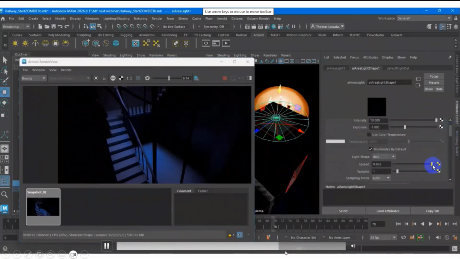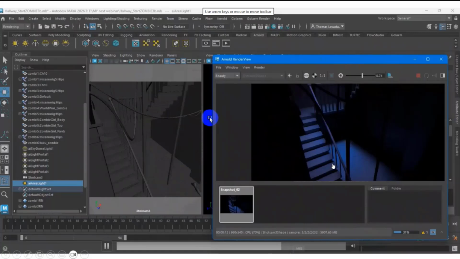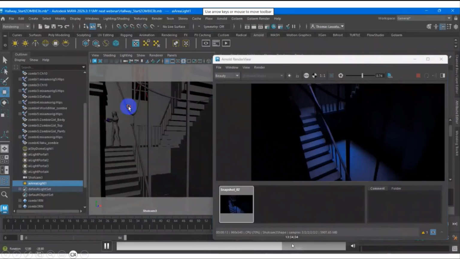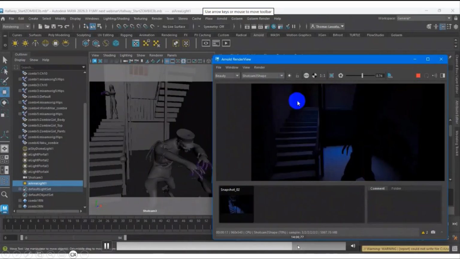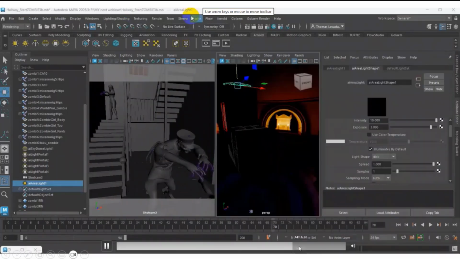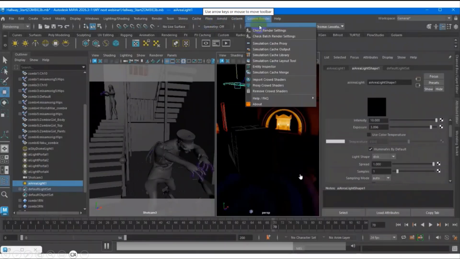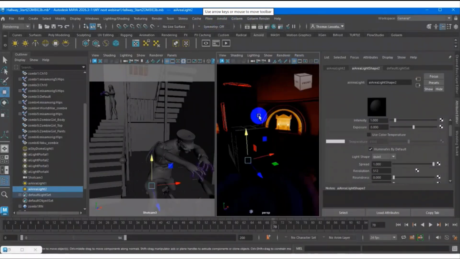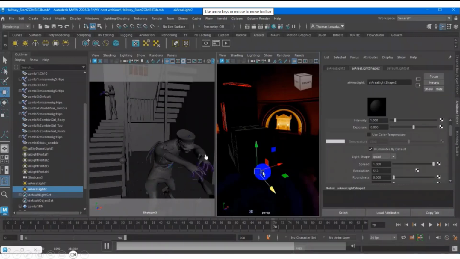Okay, so I scroll to get the spread. Again, I don't want more brightness, the lighting from the top. Again, I just go to the exposure, to set the exposure for this scene. Okay, so again, what I'm trying to do right now is to have the lighting from the window.